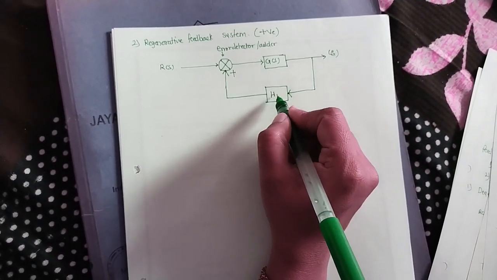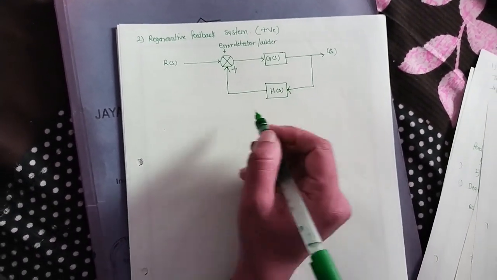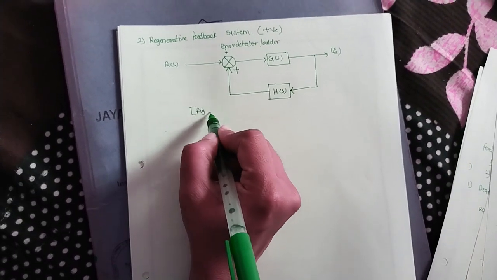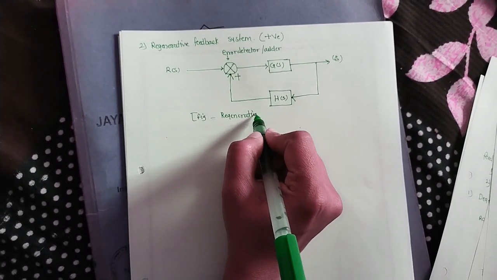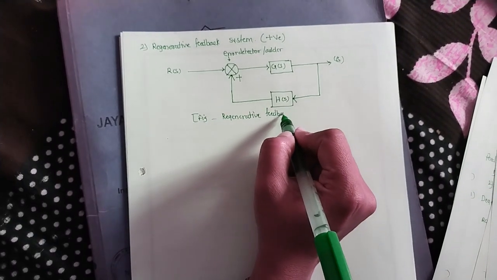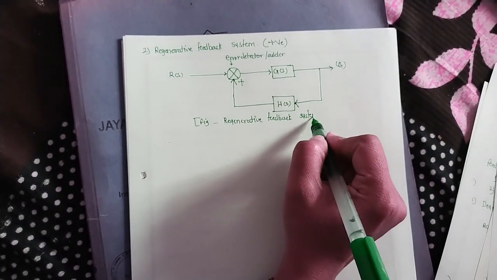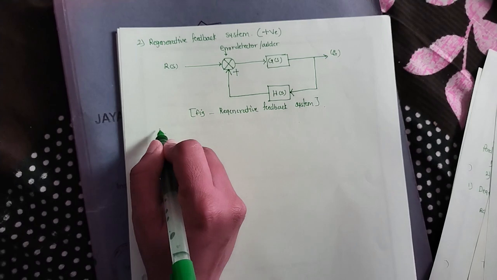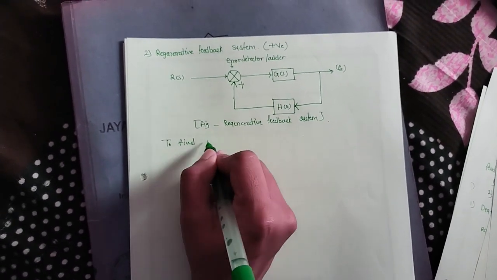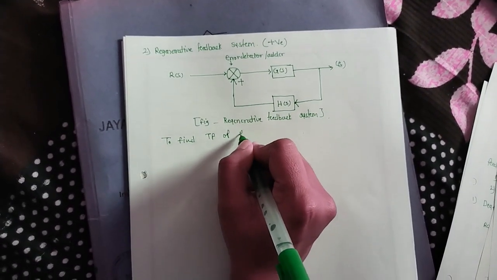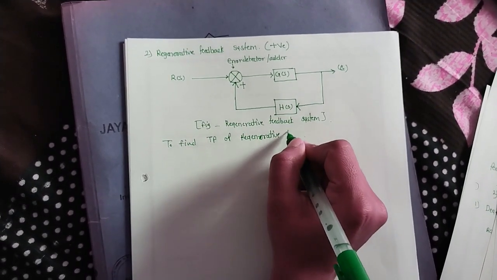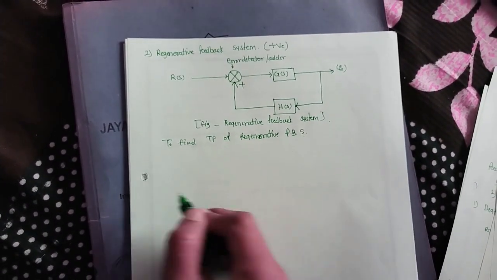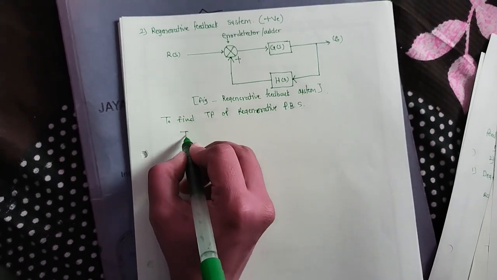Your feedback block is denoted as H of S, right? So this figure is of the regenerative feedback system. Okay, so to find the transfer function of the regenerative feedback system,